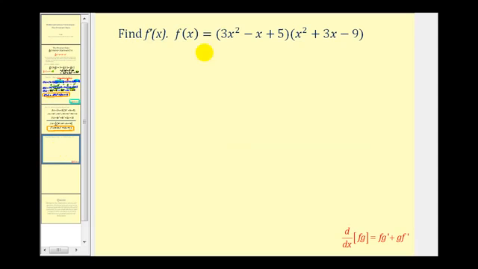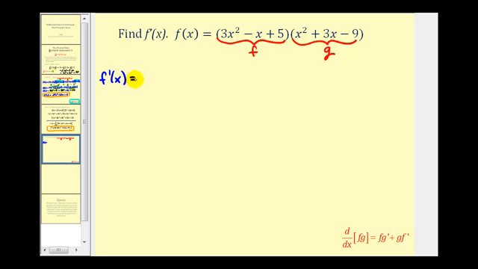Again, this is one where we could multiply it out, but there would be 9 different products to find and then simplify before we could even think of applying the power rule. So we'll go ahead and apply the product rule. We're going to let this first function be function f, and the second function be function g. And now we'll apply the product rule. So our derivative